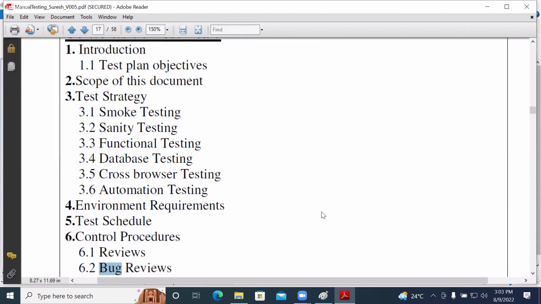SRS is the requirement document. But how are you deciding, confirming you tested all the requirements? Bug report is identifying the bugs. Expected output, that is your confirming whether it is working or not. What is it? Reviews here. By having reviews, you will be confirming that you have tested all the functionality. Because of that,